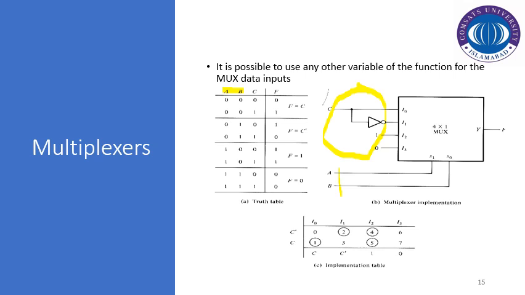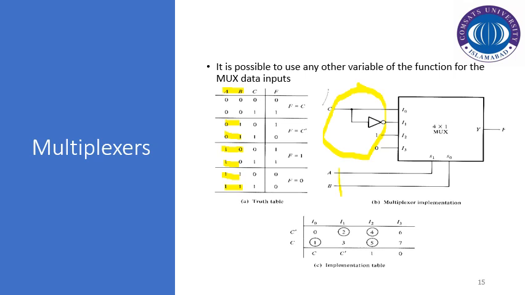The next is 0, 1. See here, 0, 1. This is the next select line. For these two entries, it's 1, 0. And for the next two entries, it's 1, 1. So these are basically the select lines, and each pair represents the selection criteria for each select line. Now what we have to do is compare f within that particular selection pair with the least significant input, that in our case is c.